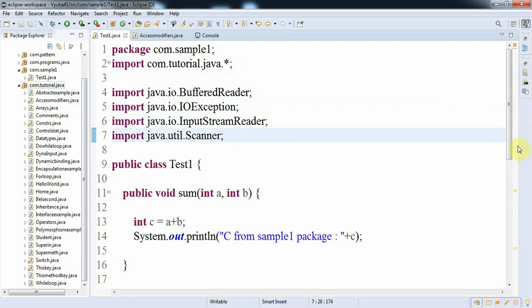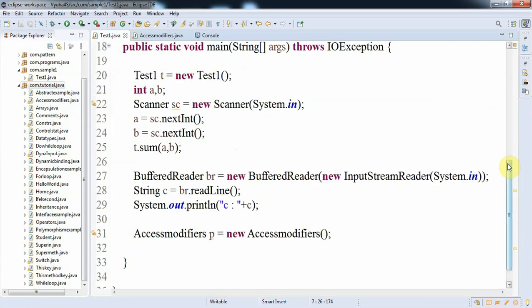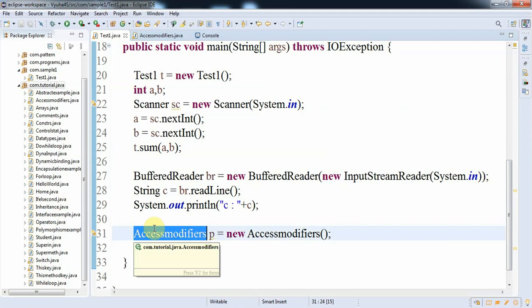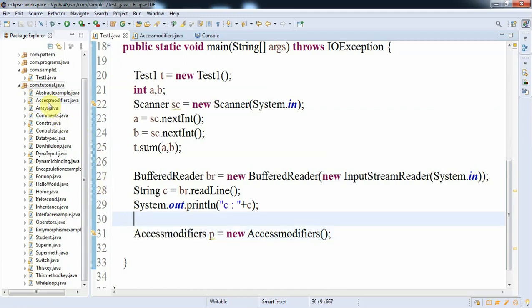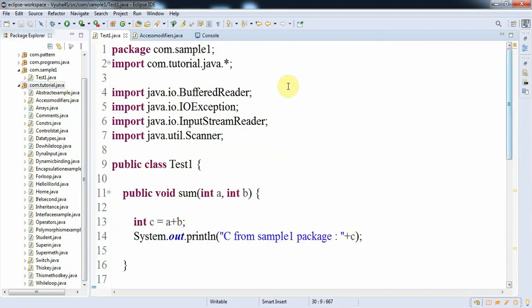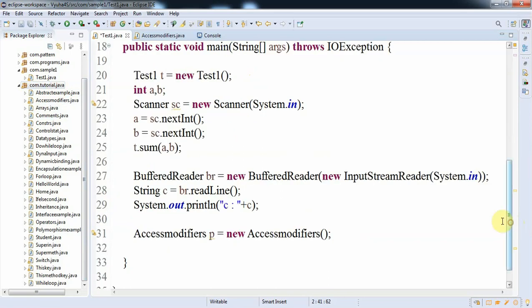So here you can see I have created an object for the AccessModifiers class. So where is the AccessModifiers class? Inside com.tutorial.java, and when we import com.tutorial.java.AccessModifiers, then we can create objects for the AccessModifiers class.